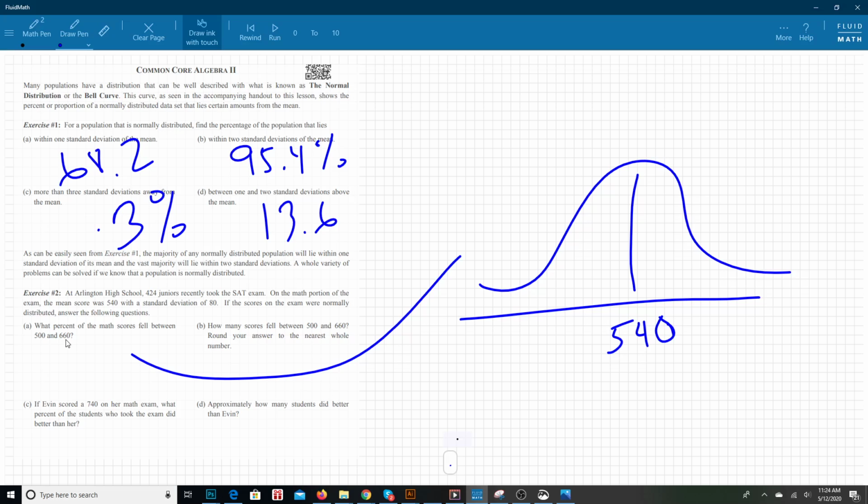With a standard deviation, so one standard deviation goes 80. So that's 80 less than that, and 80 more than that, right? Plus 80, minus 80. So we're looking at